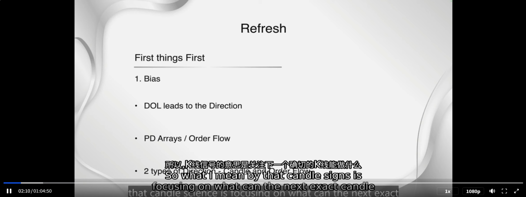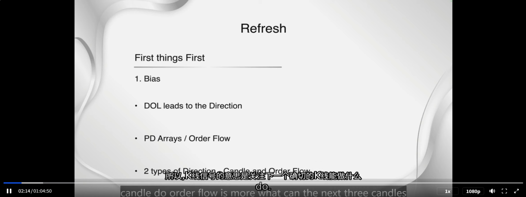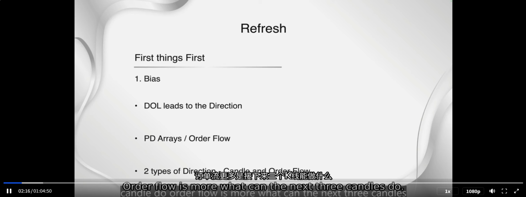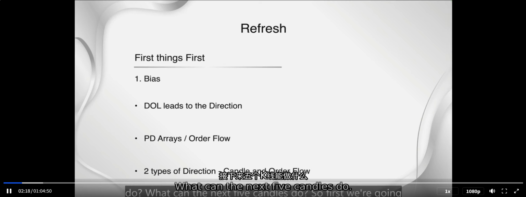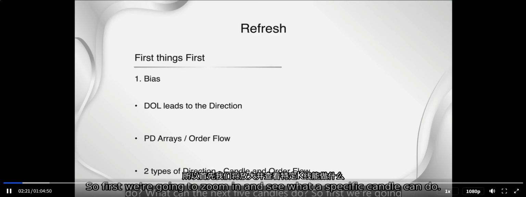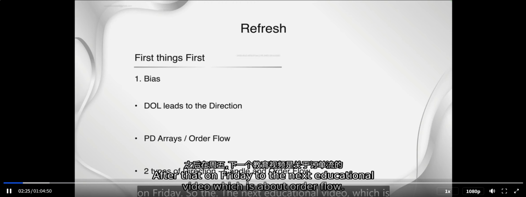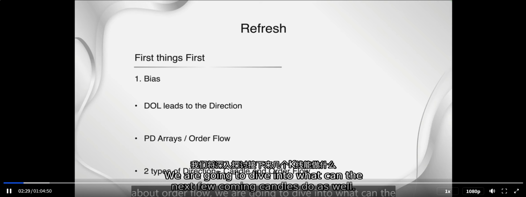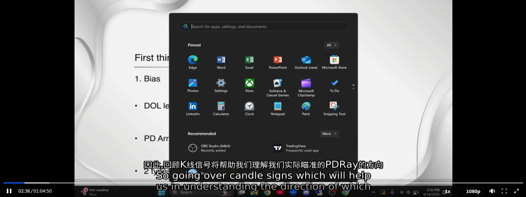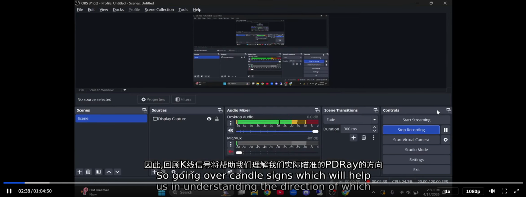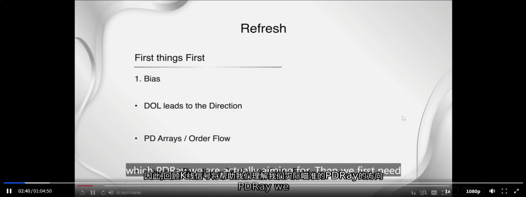So what I mean by that, candle signs is focusing on what can the next exact candle do. Order flow is more what can the next 3 candles do? What can the next 5 candles do? So first we're going to zoom in and see what a specific candle can do. After that, on Friday, so the next educational video, which is about order flow, we are going to dive into what can the next few coming candles do as well. So going over candle signs, which will help us in understanding direction of which PD ray we are